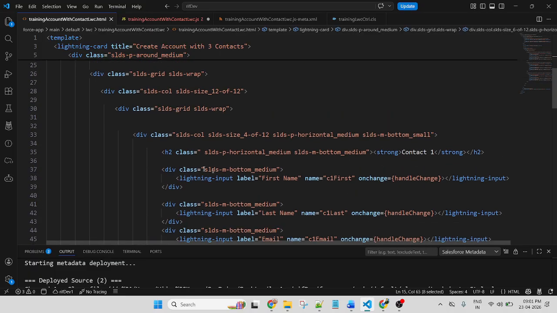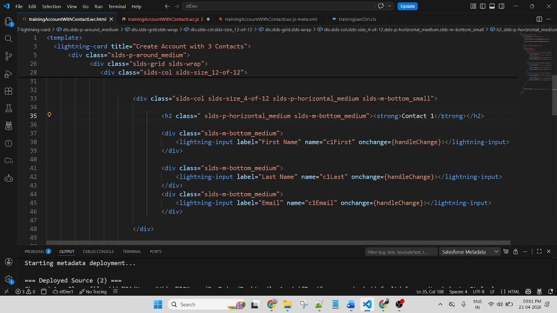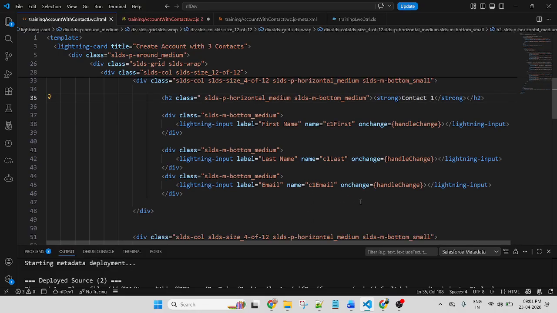So this is the first name. This is a contact first. So I'm putting the values C1 first, C1 last, C1 email.